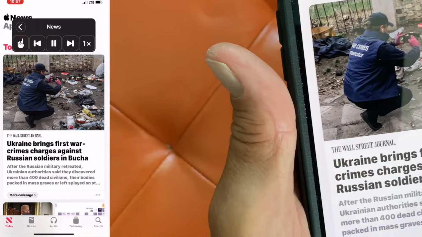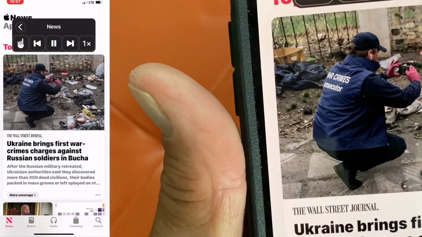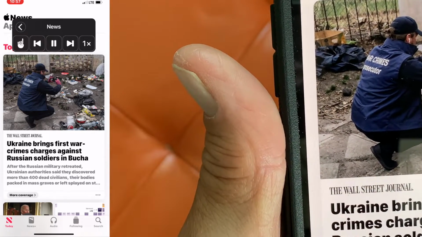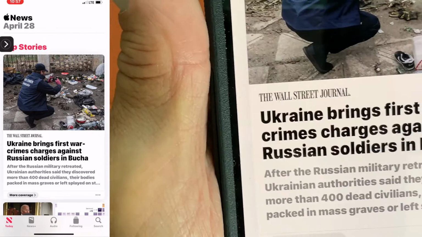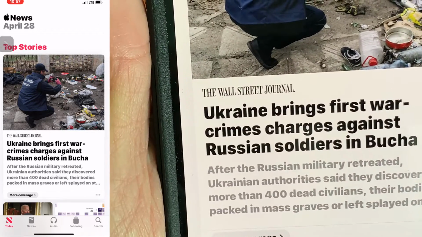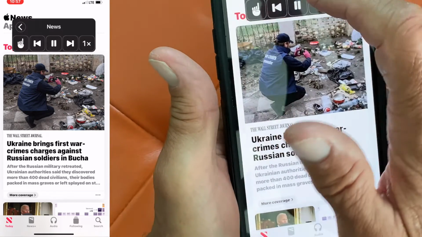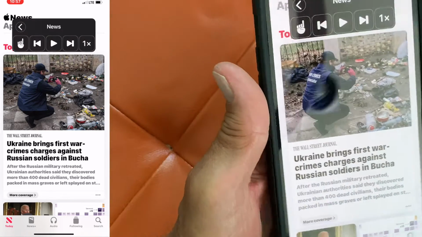Apple News, April 28th. Top stories, The Wall Street Journal, 14 minutes ago, Brett Forrest. Ukraine brings first war crimes charges against Russian soldiers in Bucha. After the Russian military retreated, Ukrainian authorities said they discovered more than 400 dead civilians